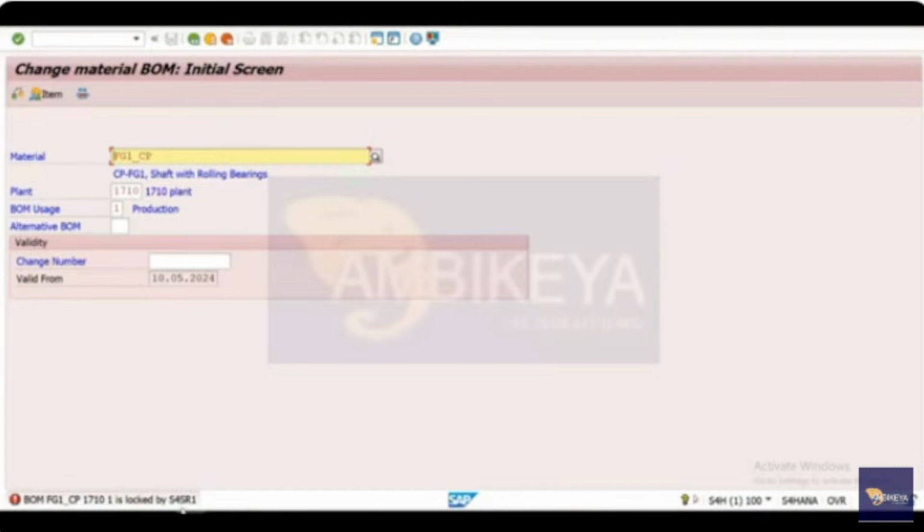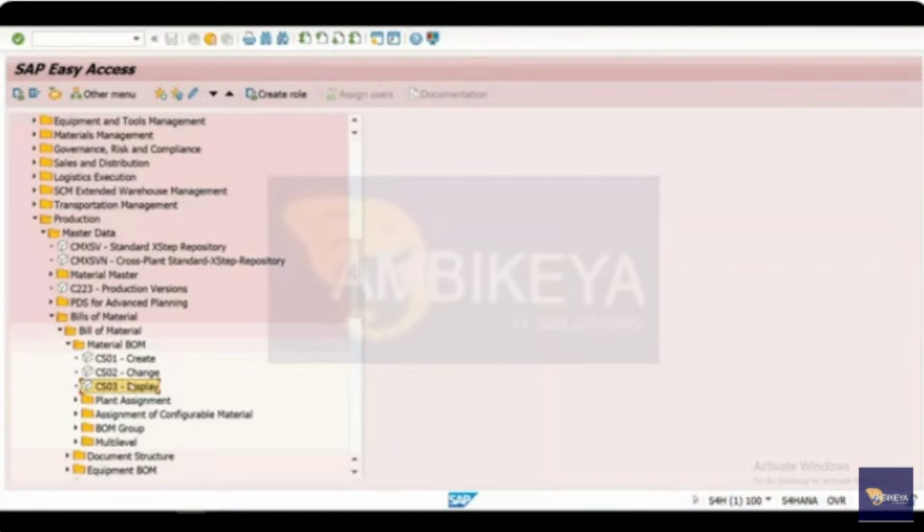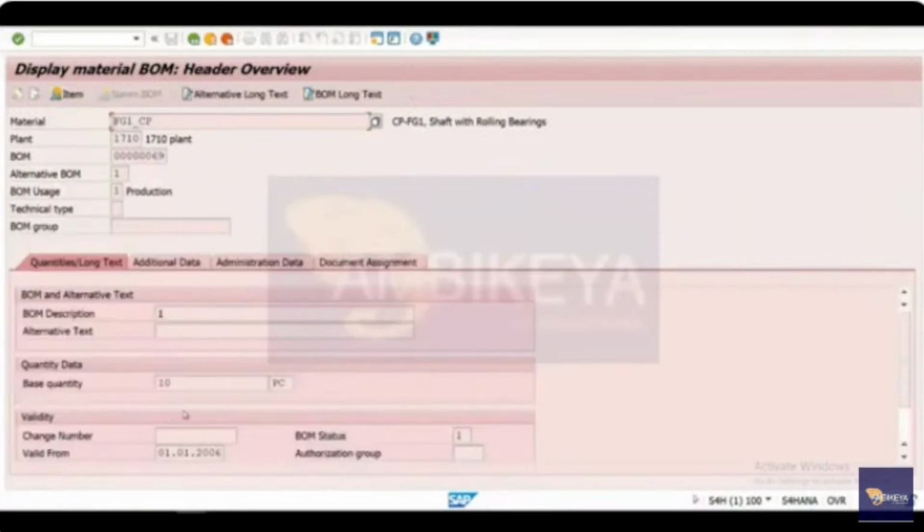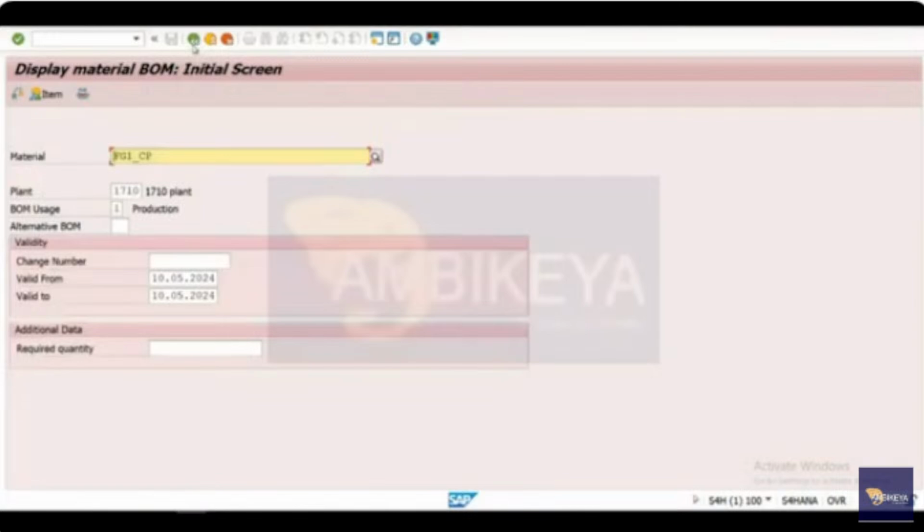Yes, someone has blocked this one. Okay, this is the time. Accordingly, when the base